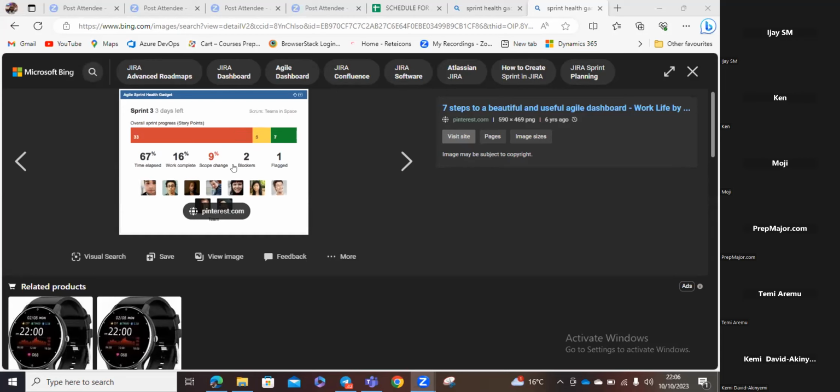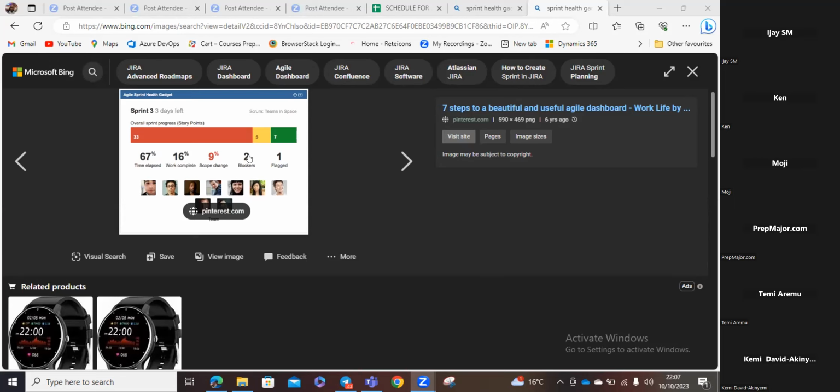Now, scope change. In between the sprints, they have added new things to sprint, which is 9% of new things that have been added into sprint. That can affect them delivering their main goal. Now, also note that scope change can be negative if something was in sprint and somebody took it out and nothing was replaced, nothing was added, you'll be seeing -2, -10, -5. But in this case, there might have still been minuses here, but there are some pluses that ruled it over to extra 9% of what they originally planned.